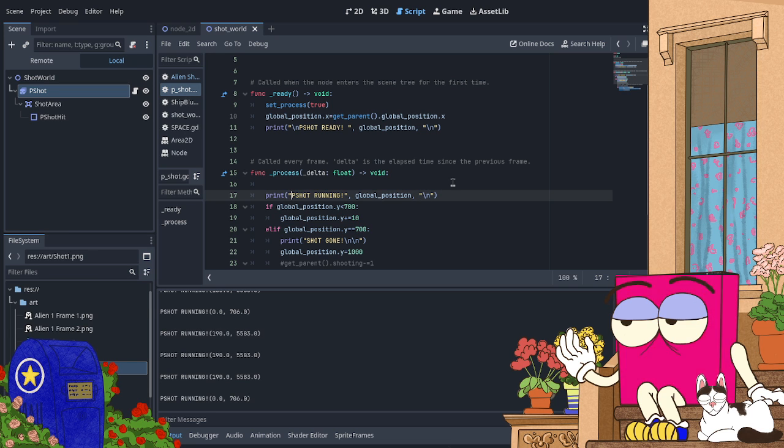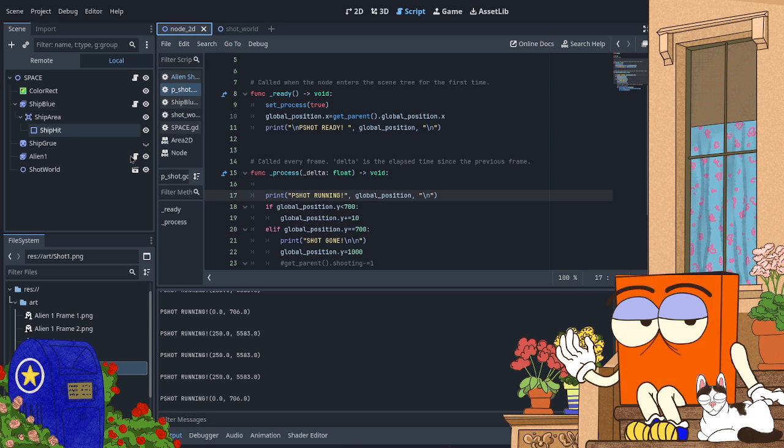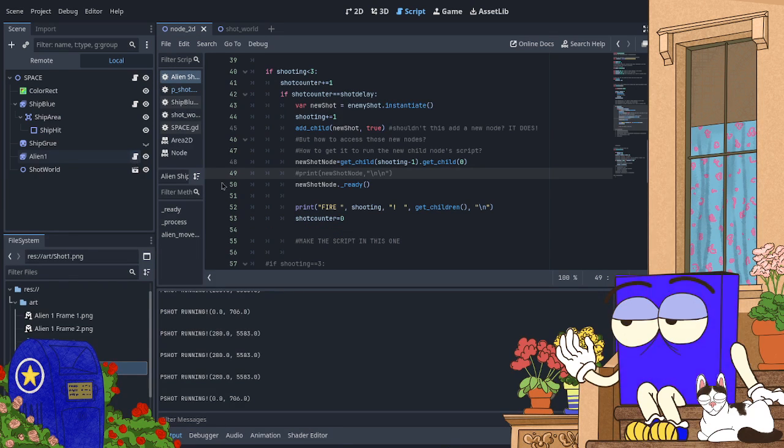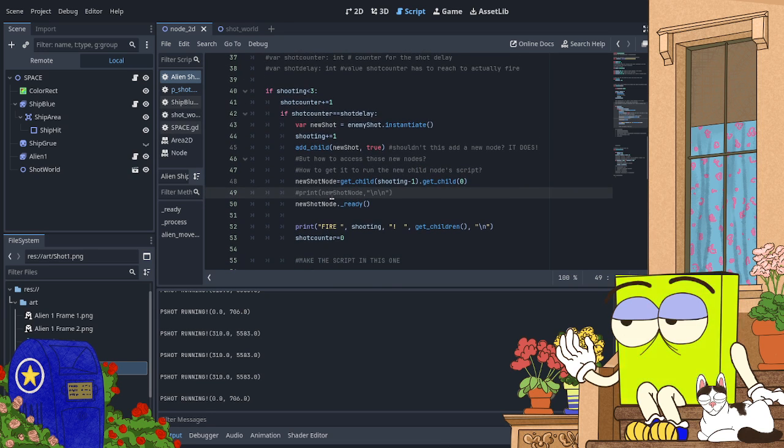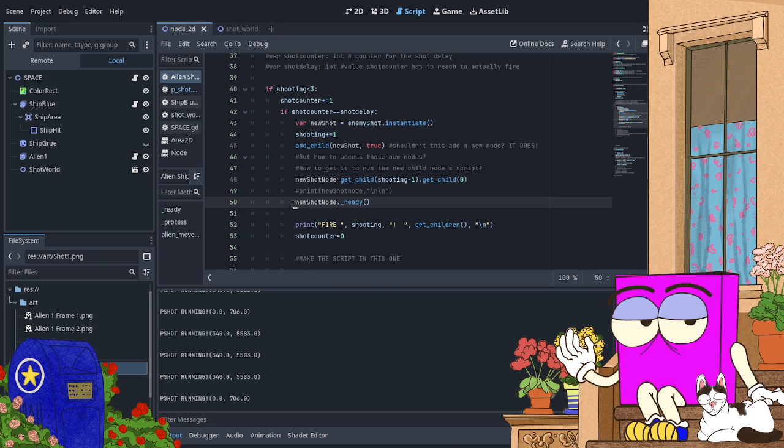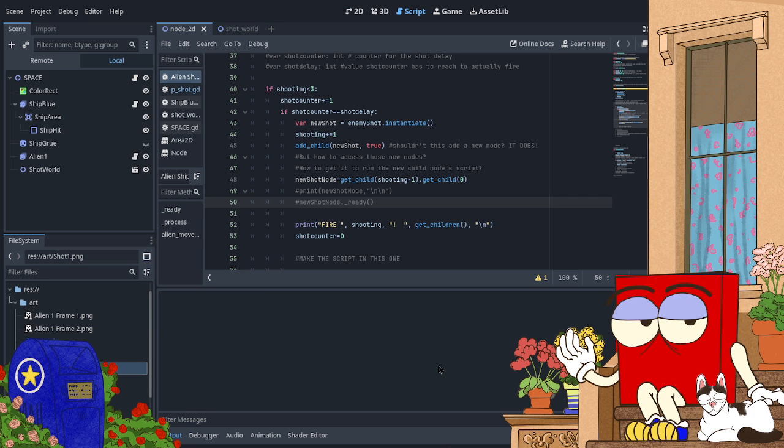Okay. That's unusual. Am I misunderstanding something here? Let me... Is it running on its own?